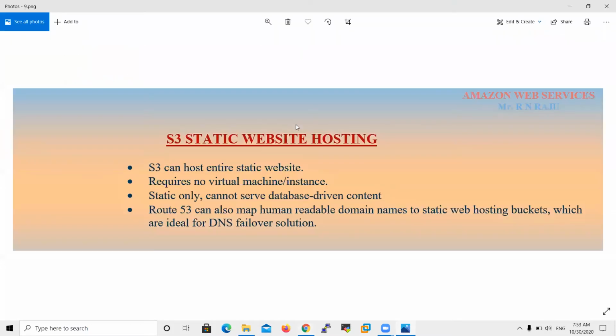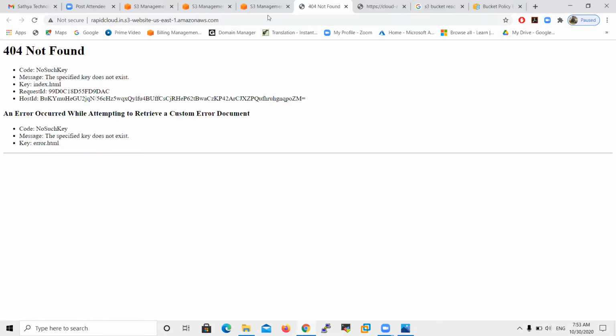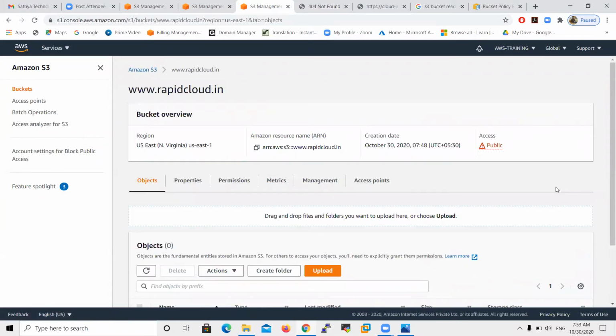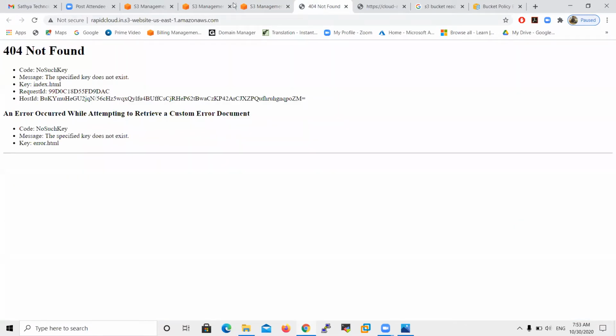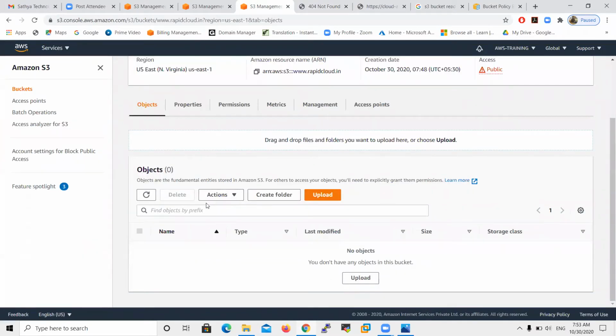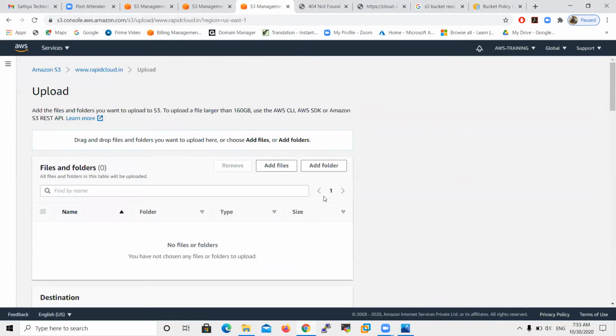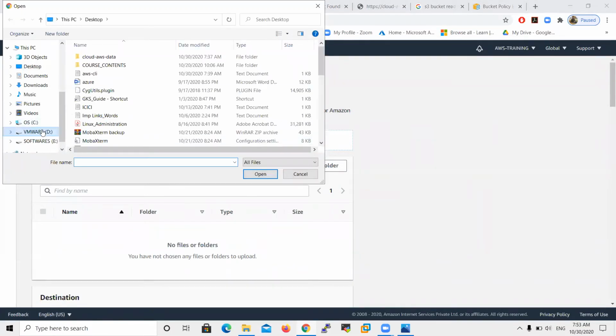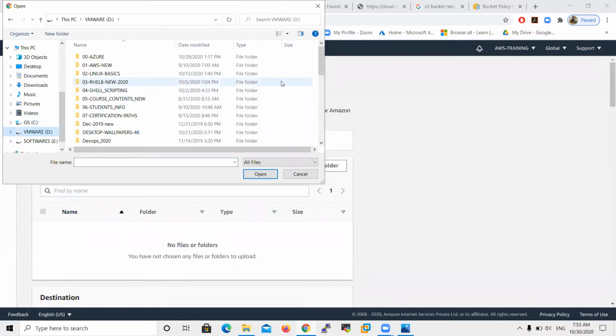Then what happened? Okay, I want to upload the files first, because there are no files under your bucket. You created the bucket only, but there are no files under it. What files do you upload? Index.html and error.html, because I added index.html and error.html files.